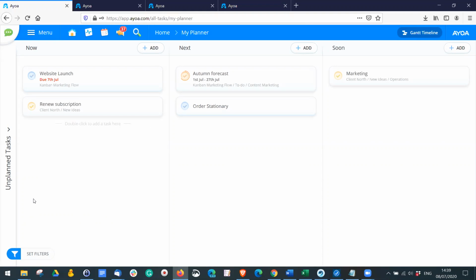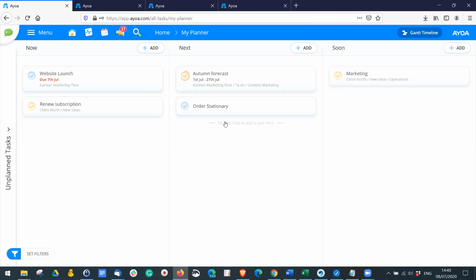So here you might think, well, why would I use my planner instead of my calendar? My calendar is really good for focusing on dates. It also allows you to see tasks which are assigned to other people. But it doesn't necessarily show you your priority list, and you can't really organize it by priority. So your planner is really good for organizing many different tasks of many different categories,